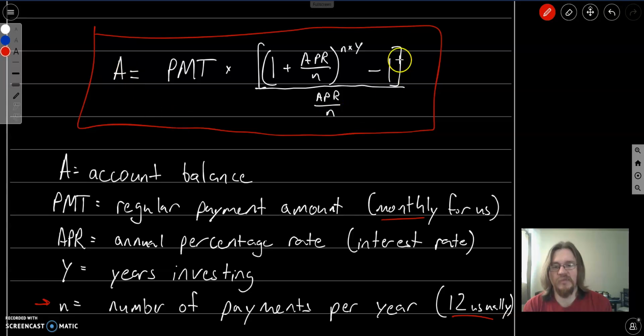So this is a pretty big formula. We have our regular payments times this big fraction, and this fraction has some smaller fractions in it. So we will just need to be careful when we type this into a calculator. And this is something that Desmos, I think, works really nicely for, because we can see exactly what we're typing in. So let's do a